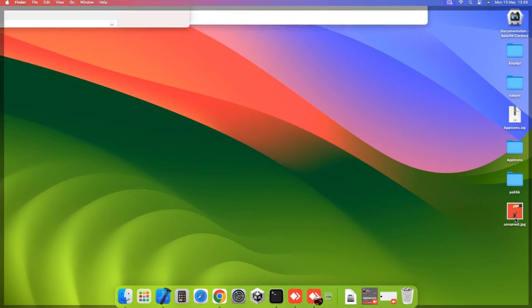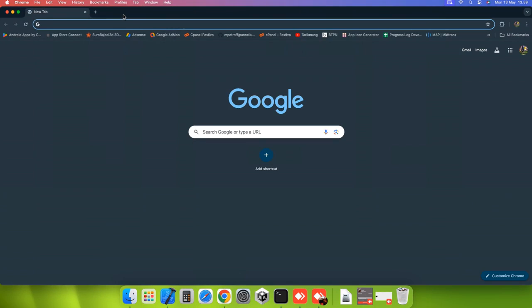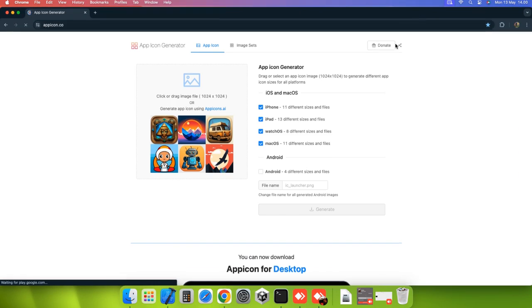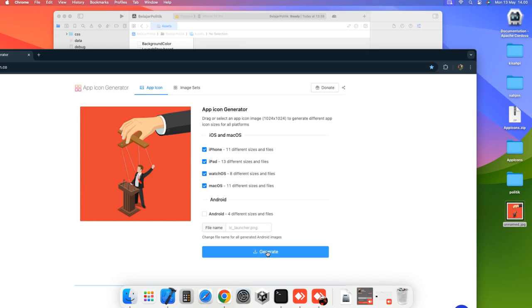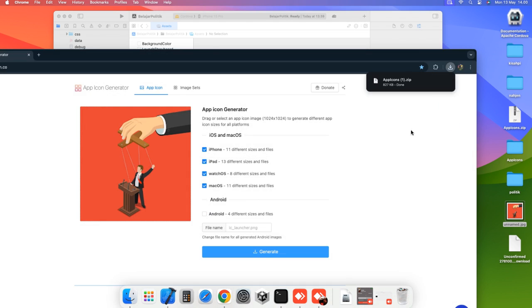To generate the app icon, we can go to this website, appicon.co. Then we can just drag and drop this image here, then select all these options except Android, and then we download the result.